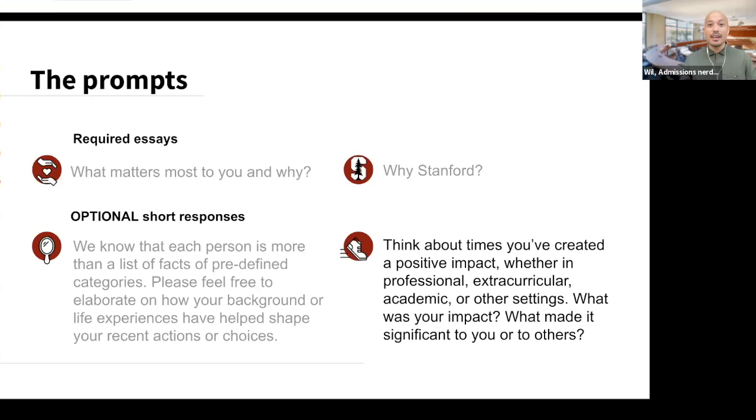oftentimes we're anchoring on the stories we hear, anchoring on the things people tell us, which might not tell the full picture of it. And I don't want anybody out there to feel like, okay, because I haven't done what this other person did, I'm any less competitive of a candidate. So come back to the things that you've done and ask, okay, given that, what's the so what?